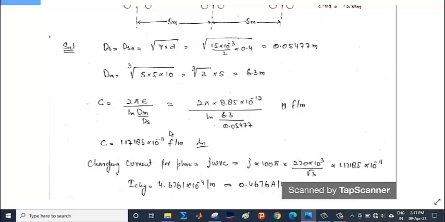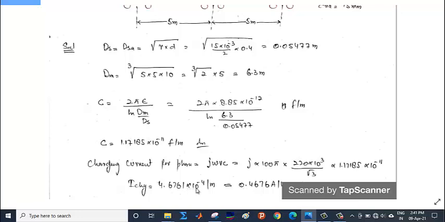This is the answer for the capacitance. The charging current per phase will be equal to j omega v into c, or j omega c into v. So j is as it is, omega is 100 pi for 50 Hz frequency. Per phase voltage will be 220 by root 3 kV. kV we have calculated, converted to volt by multiplying by 10 to the power 3, and this is the value of the c. So it comes out to be